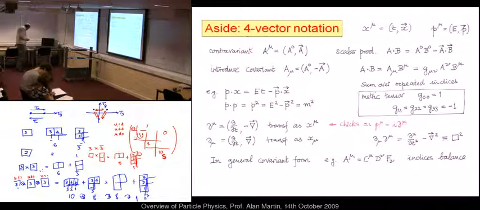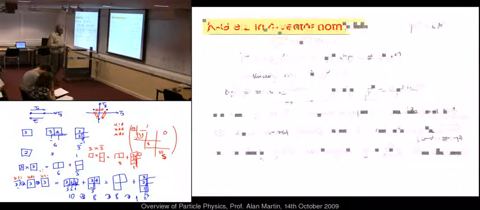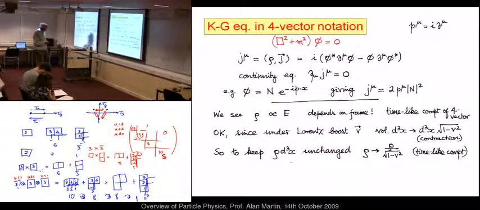I'm introducing that with the Klein-Gordon equation because we can go back now and rewrite all this in 4-vector notation. So the first thing is here,